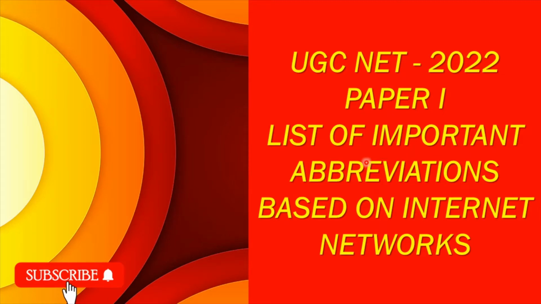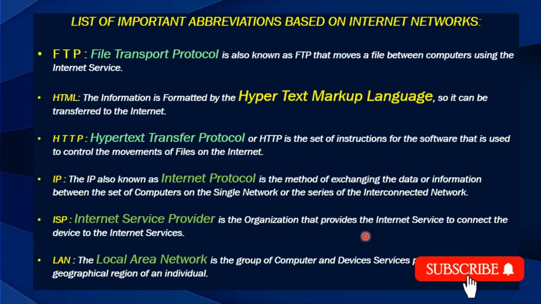UGC NET 2022 Paper 1, list of important abbreviations based on Internet networks. So first of all, what we are going to see is some of the important abbreviations based on Internet networks. First one, FTP, File Transfer Protocol, is also known as FTP, that moves a file between computers using the Internet